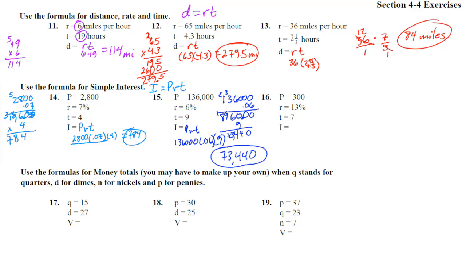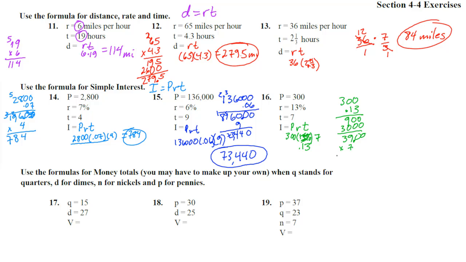Next one, number 16. So P times R times T, so that's 300 times 13% times 7. Okay, so 300 times 0.13 as a decimal. Oh yeah, we should change that right there, 0.13. 009, then we put a 0 down there for the second row. 1 times 0 is 0, 0, 3. So you get 0093. 2 decimal places, 2 digits behind the decimal place gives us a 39, and we're going to times that